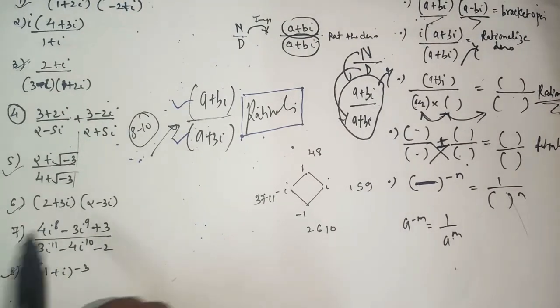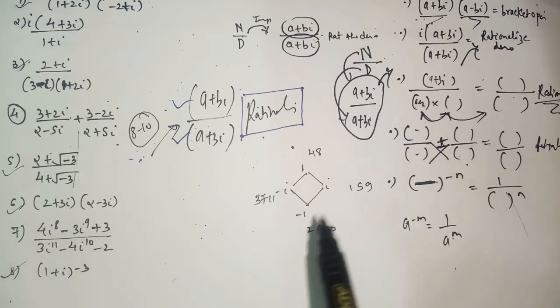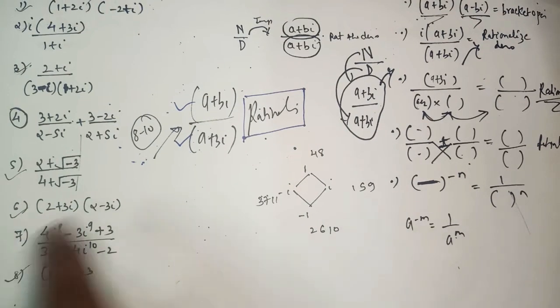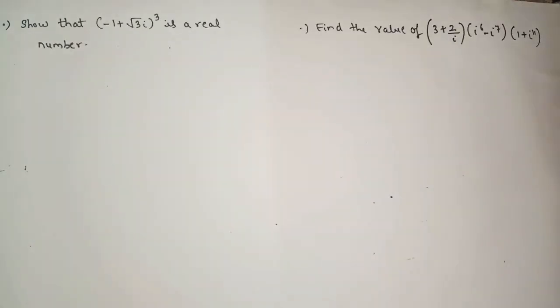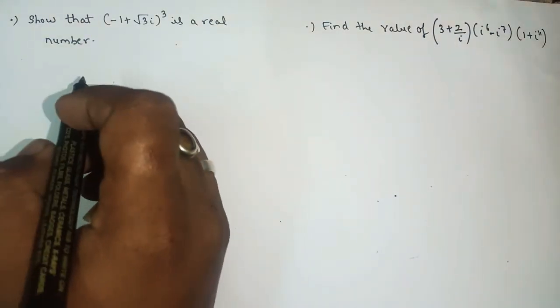Even the question number 7 also, I guess you all understood. And I showed one trick to find the value in just a fraction of a second. By using this method you can find the values of i raised to 8, i raised to 9. I hope you all understood these sums. So let's move on to the next one. In this lecture we're going to see a few more sums.